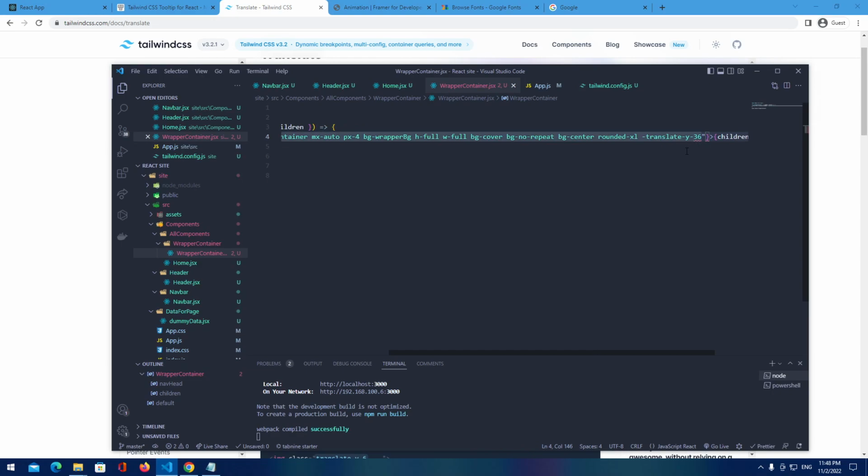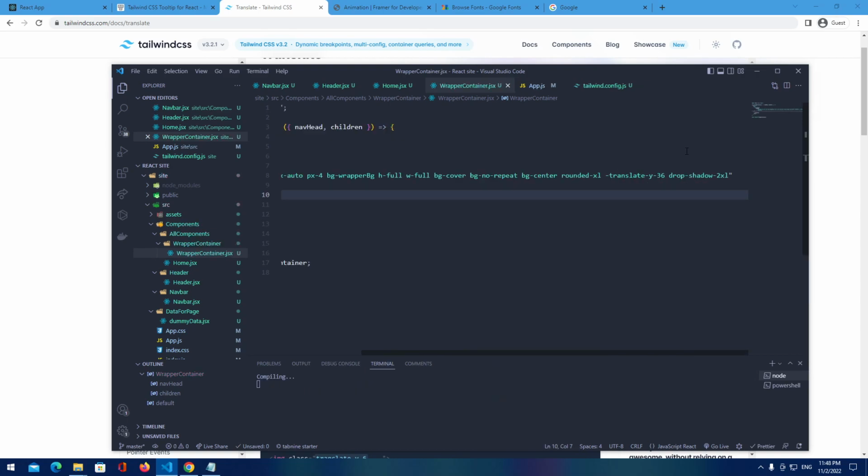And what else? Drop shadow 2XL, otherwise we're gonna have container